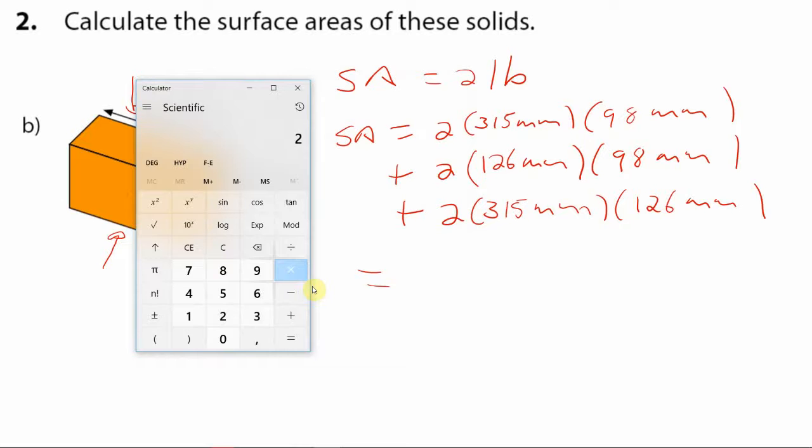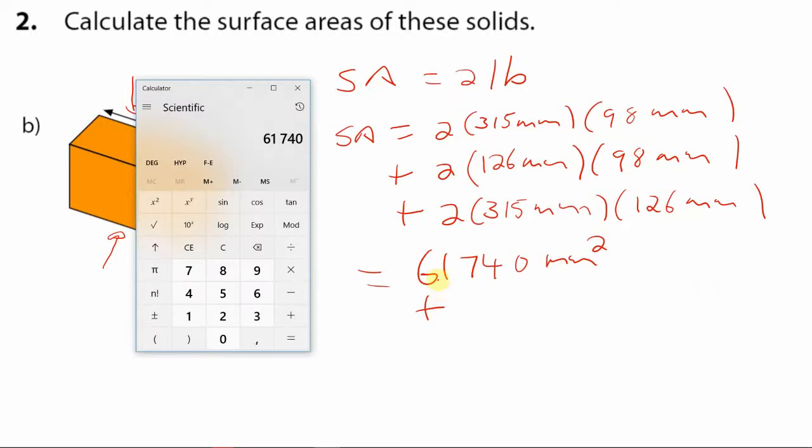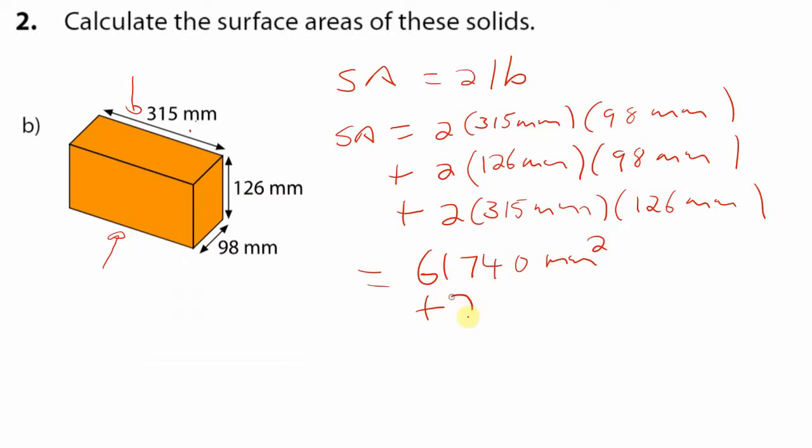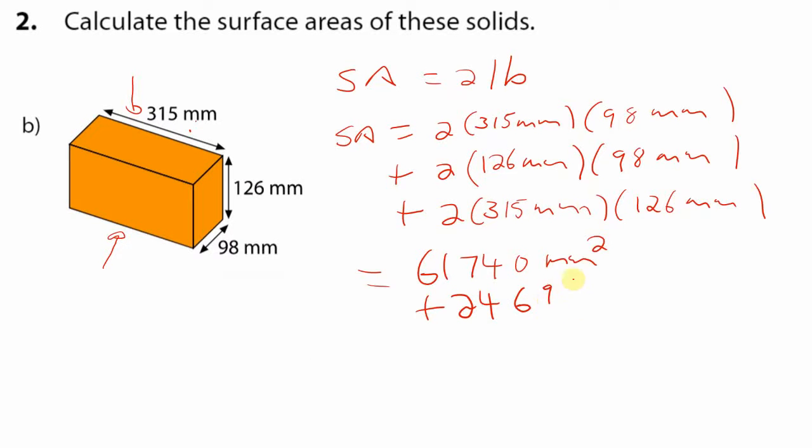So we have therefore 2 times 315 times 98, which will give us 61,740, and our millimeter times millimeter is millimeter squared, plus we have 2 times 126 times 98, which is 24,696 square millimeter, plus